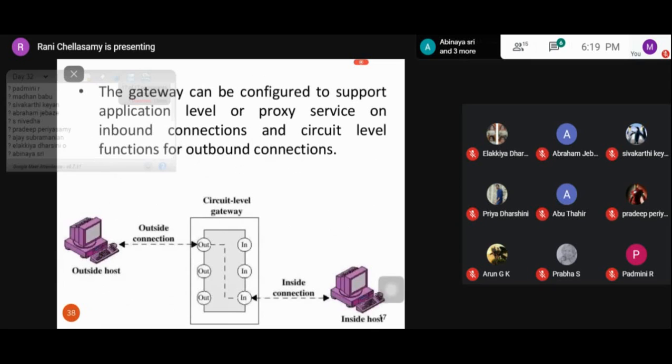In this, you can have the inputs coming in and the outputs going out. So the gateway can be configured in such a way as to support the application level or proxy service on the inbound connections, and the circuit level functions